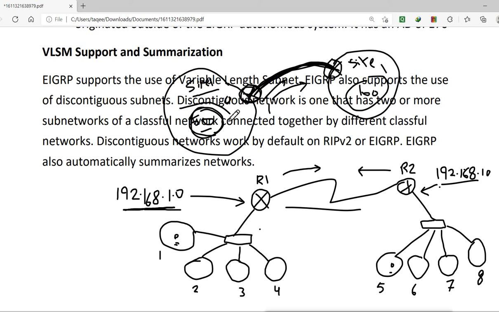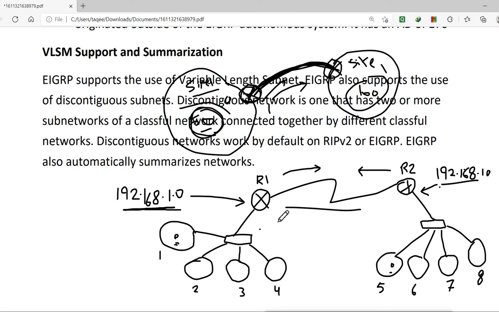So this is manual summarization, and we do that when we have a large network and want to reduce the routing table sent to the other side by using summarization.